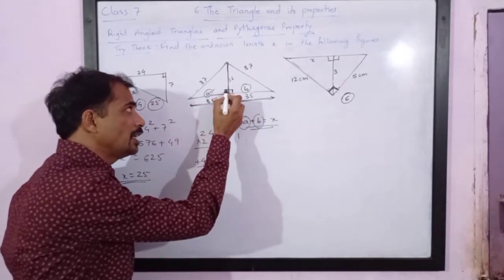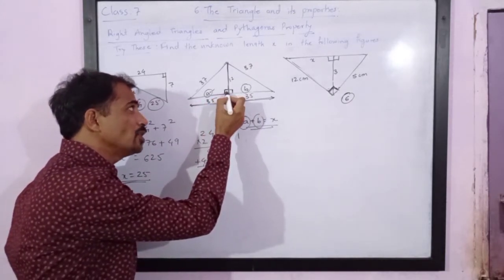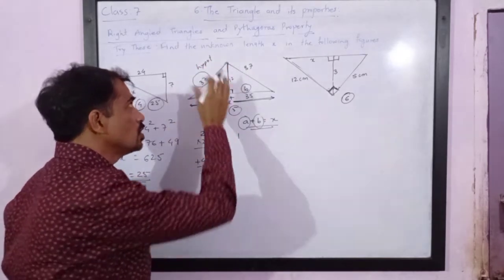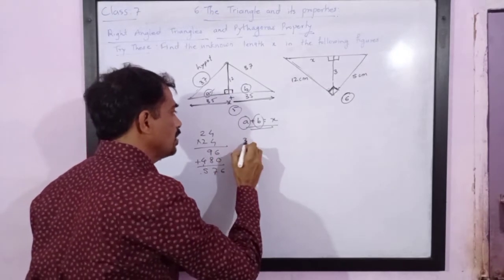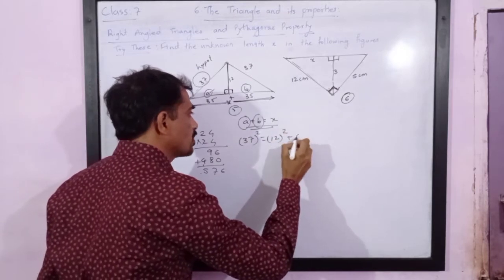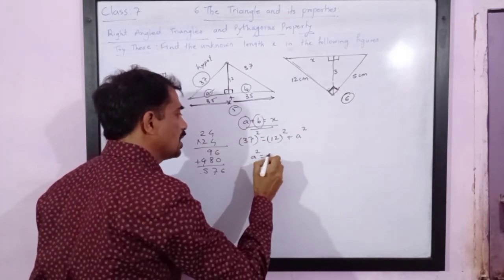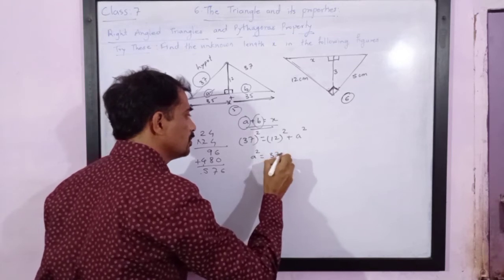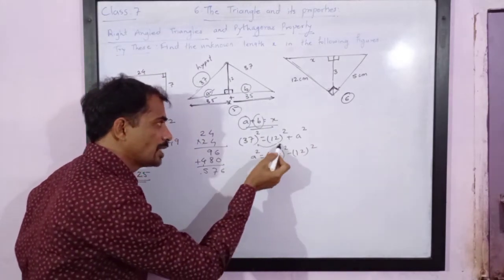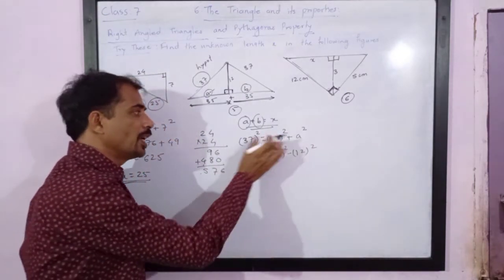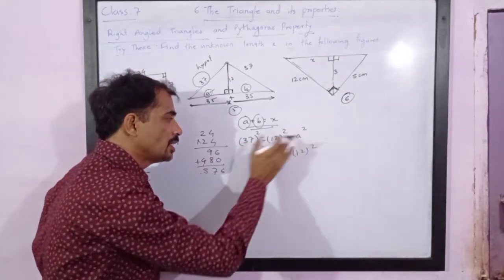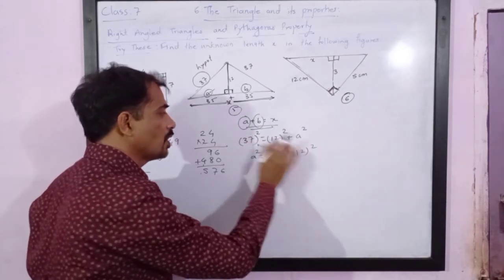Please note, the right angle is this. So the side opposite to the right angle is 37. So this is the hypotenuse in this case. So we will get the square of the hypotenuse, that is 37 square, is equal to 12 square plus a square. It means a square is equal to 37 square minus 12 square. Please note, if you transpose this to the LHS, it will become negative. You will get 37 square minus 12 square is equal to a square. While writing, I have written LHS to the RHS. So I will get a square is equal to 37 square minus 12 square.